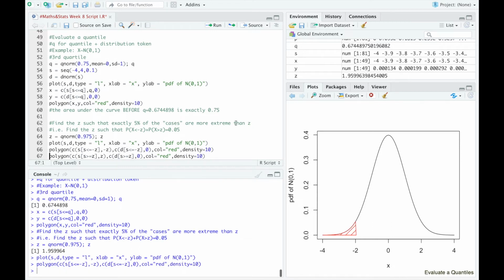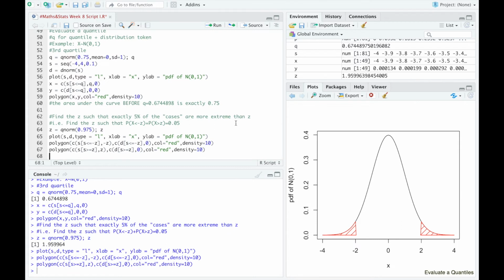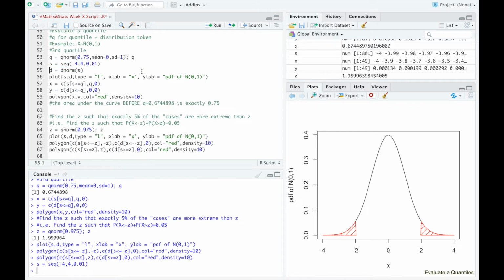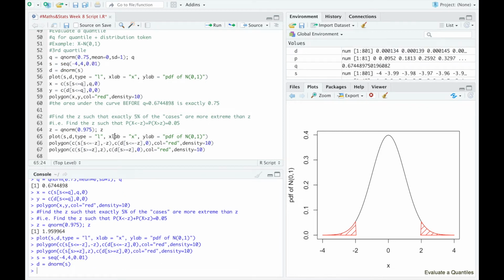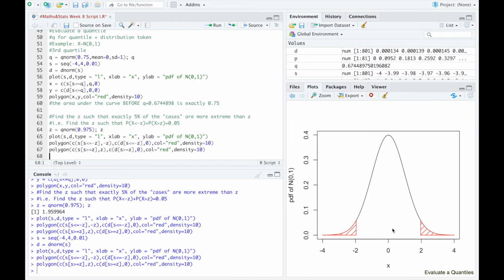Okay, not sure this will work. Okay, it actually worked. So it kind of works. It's not perfect, but this is because we are just plotting an approximation. If we use a finer discretization here, you will have some pretty nice tails. Anyhow, so why were we searching for the